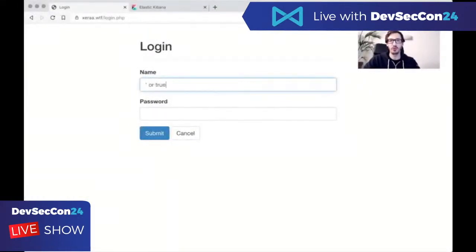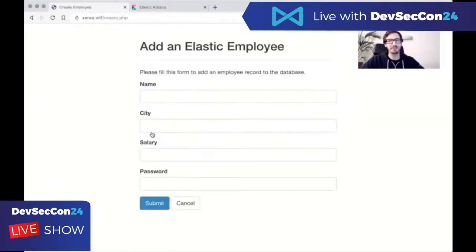We say for true, and we comment out the rest of the line. We need to provide some password, but that will be commented out as well because this form field needs to be filled. But if I run that, even without having any user or credentials, I can just break into the form. And I can just say, I don't know,